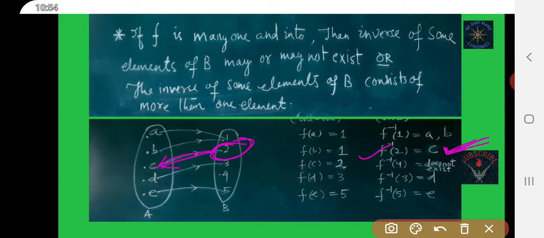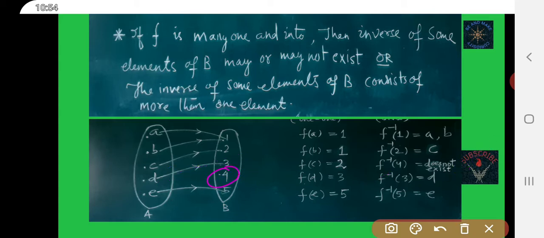Inverse of 2 exists, that is C. Inverse of 3, you are getting D. Okay, you are getting D. But inverse of 4 does not exist.